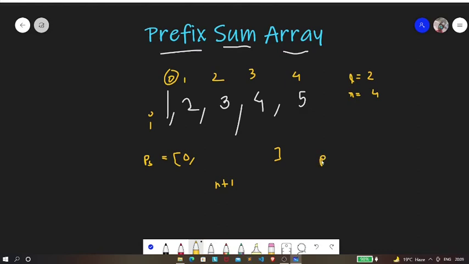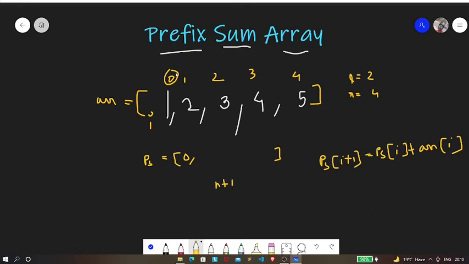We're going to perform the operation PS of I plus 1 is equal to PS of I plus ARR of I, where ARR is this original array. So we are going to use this formula.